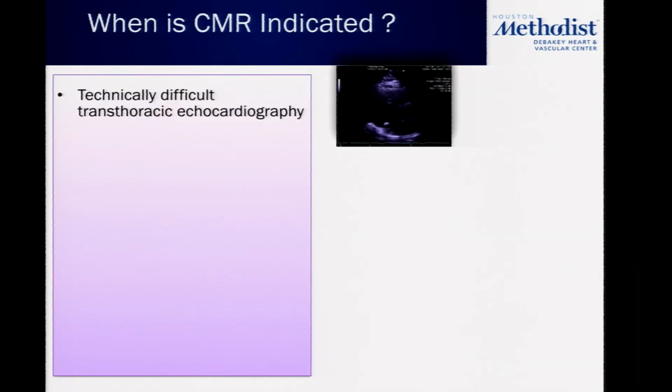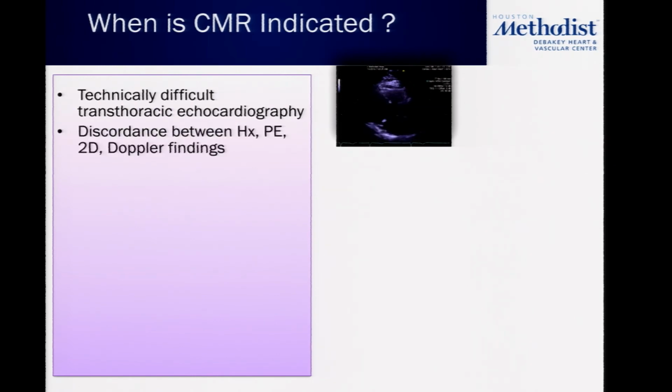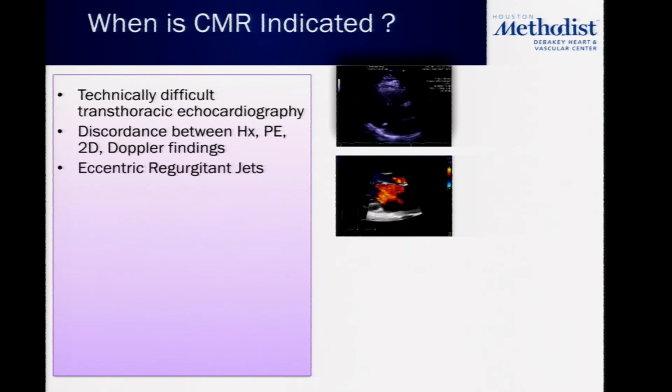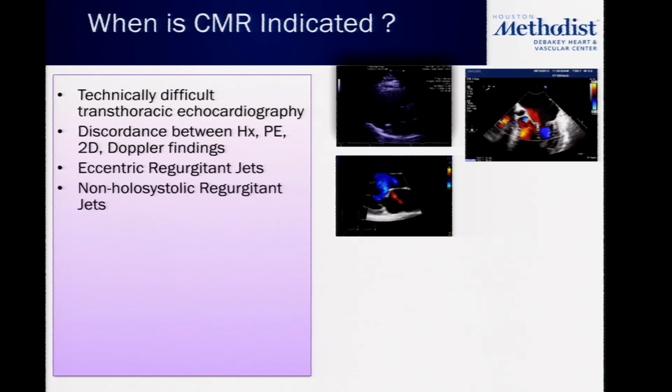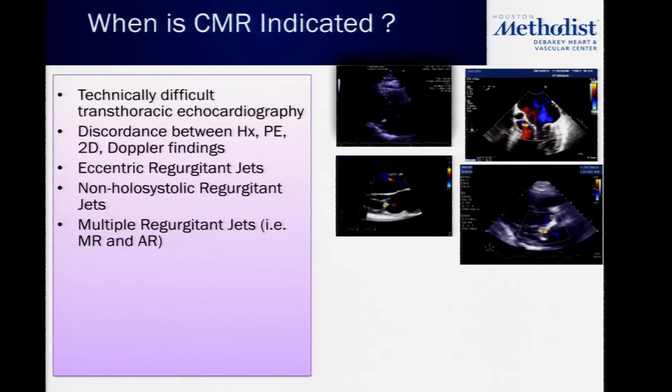So to wrap up, when is CMR indicated? I think clearly in patients who have suboptimal echo images, patients where there's a discordance between your history, physical exam, 2D echo, and Doppler findings, in patients where there's eccentric regurgitant jets where it may be hard by echocardiography, or in patients where there's non-holosystolic jets, those are scenarios where CMR can be useful. Also in people with multiple jets,